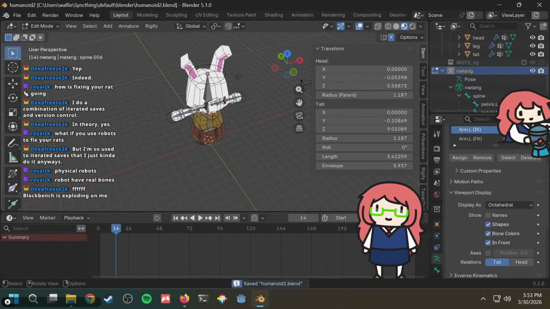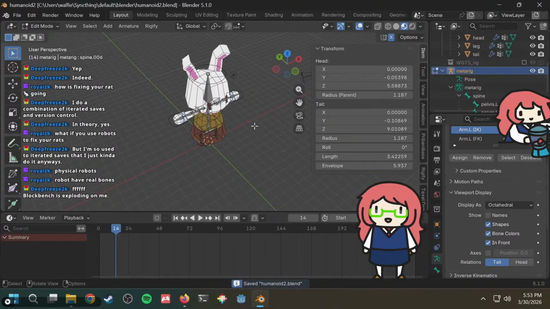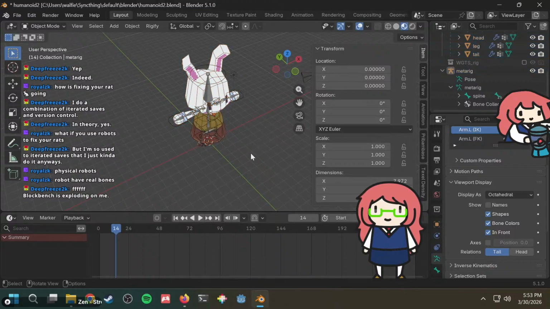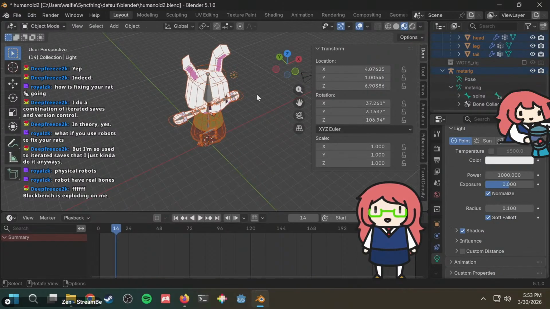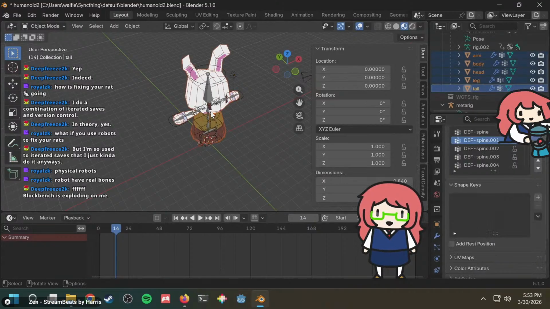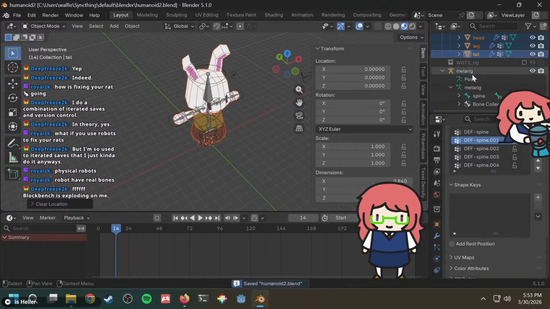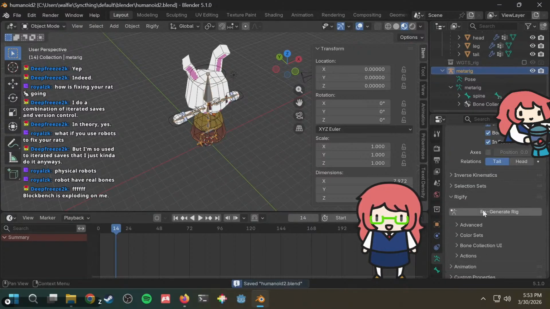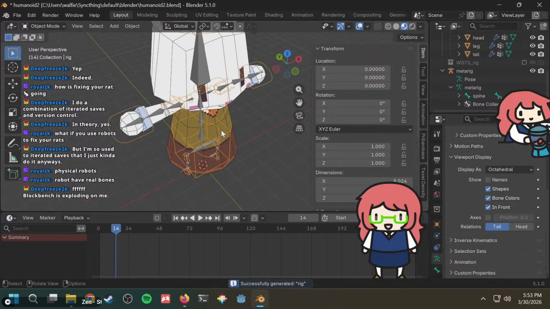Alright, so now we try to see if we can generate the meta rig from this. And everything hopefully is fine. What if we apply all transforms? Maybe that's the problem from last time, that everything was simply incorrect. If we unrotate everything, we unscale everything, and we ungrab everything. Okay, now you go back to the meta rig, you save it, and then you try regenerating the regular rig.